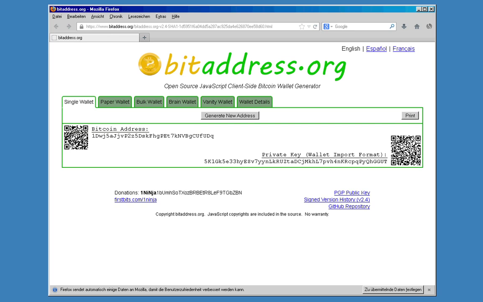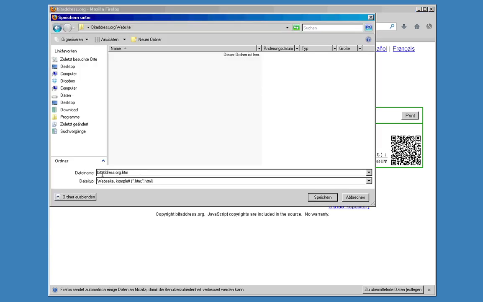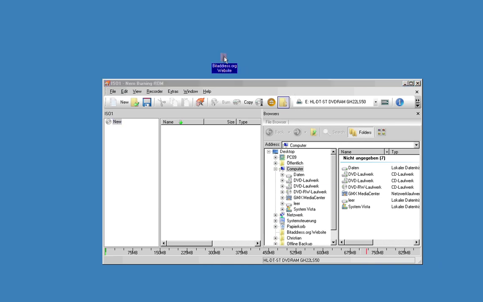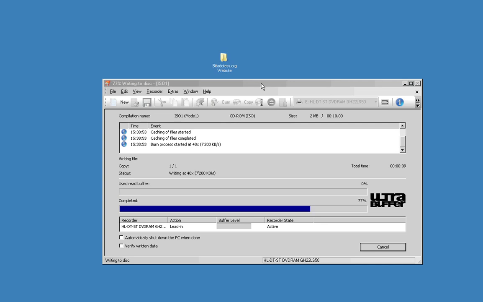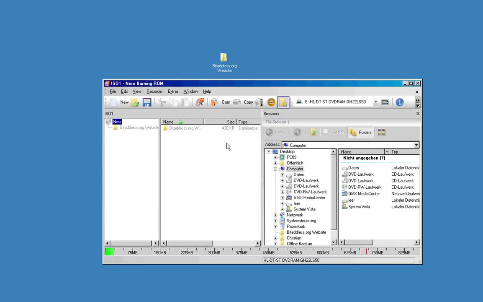So the next step will be we save this bitaddress.org website on our desktop and burn it on a CD-ROM. I'm gonna do this now. bitaddress.org HTML. We save it. I'm gonna open the burning software. The burning process just finished, and I'm gonna label my CD-ROM with the word